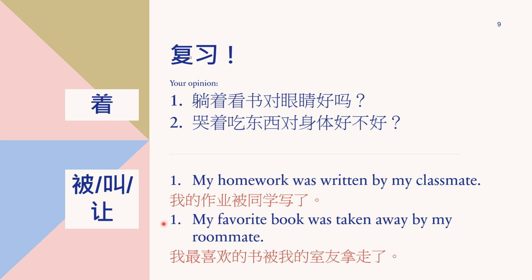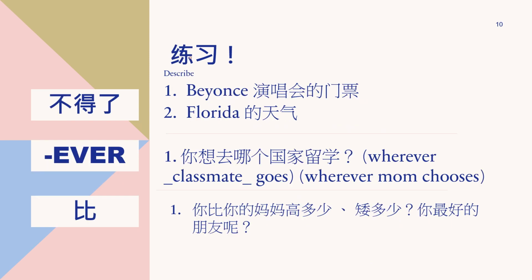Next, 第二个 my favorite book was taken away by my classmate. 我最喜欢的书被我的室友拿走了。同事and室友 are the same. 被我的室友拿走了 was taken away as opposed to brought to me, because na just shows you what's going on between the hand of the book. See the little hand at the bottom. But I'll tell you what direction it's going. Why? Because so does that for us. 拿走了。